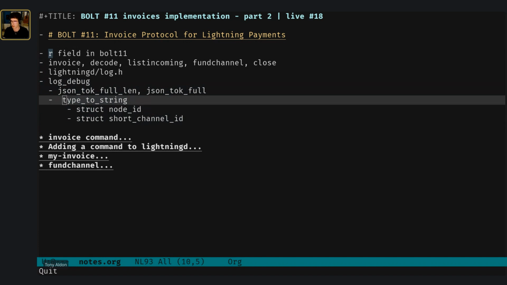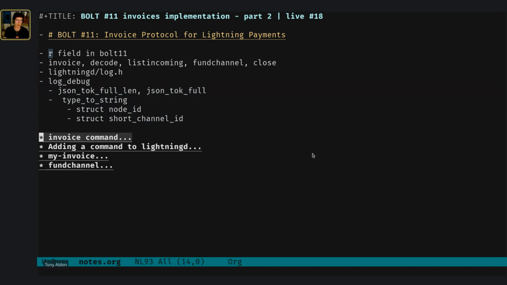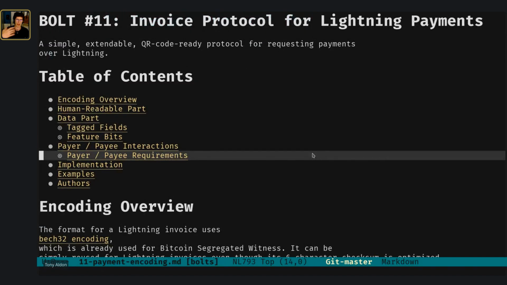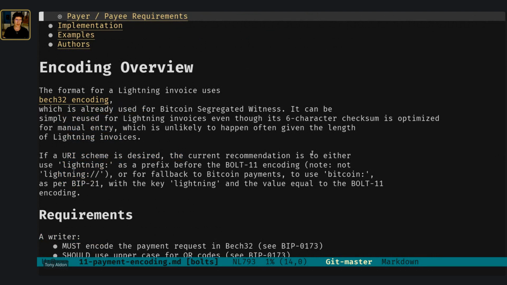So I hope this is okay, and we now want, before defining the root field... yes, first the root field. So I have cloned the BOLT 11 document on my computer, and in the